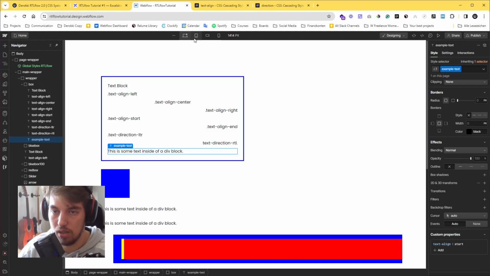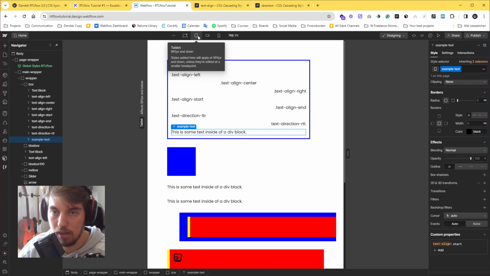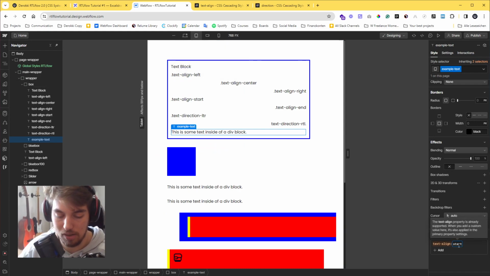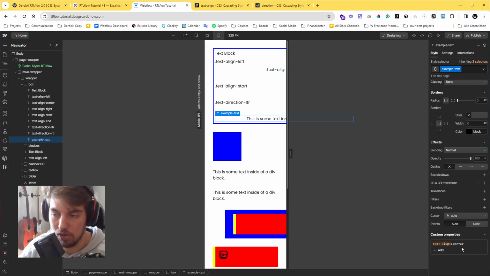And if we go to the tablet panel, I want it to align to the center. So I would go in here and change it right here. And then maybe on mobile, I want this to be aligned to the left again, or actually to the start. So if you want to have different text styles, including start and center, then you want to use the custom